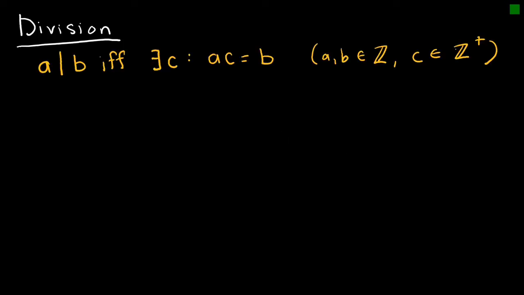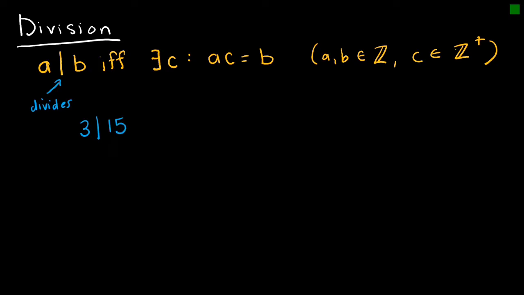We're going to begin learning about number theory, and in this lesson we will talk about divisibility. We're all very familiar with division, but I want to talk about it in a slightly different way. Here we're talking about a divides b, and essentially we're asking, does a go into b evenly? A divides b if and only if there exists some number c such that a times c equals b. Let's take a look at a fairly simple example.